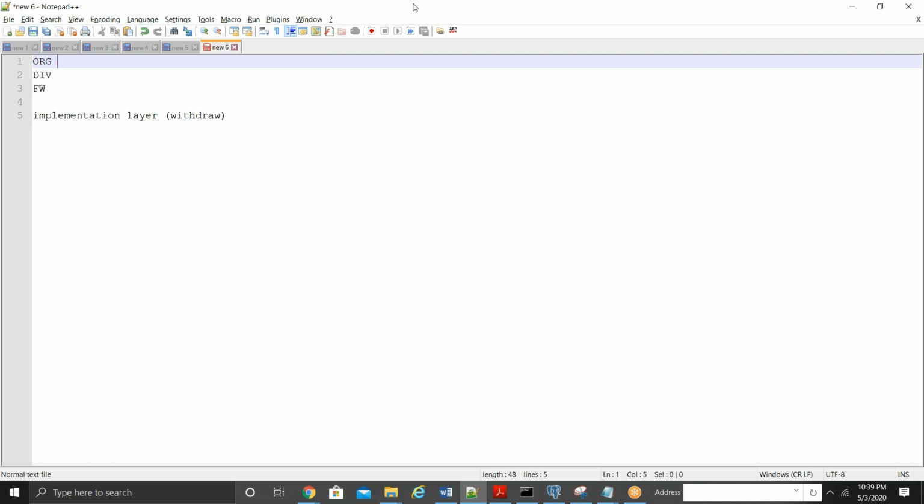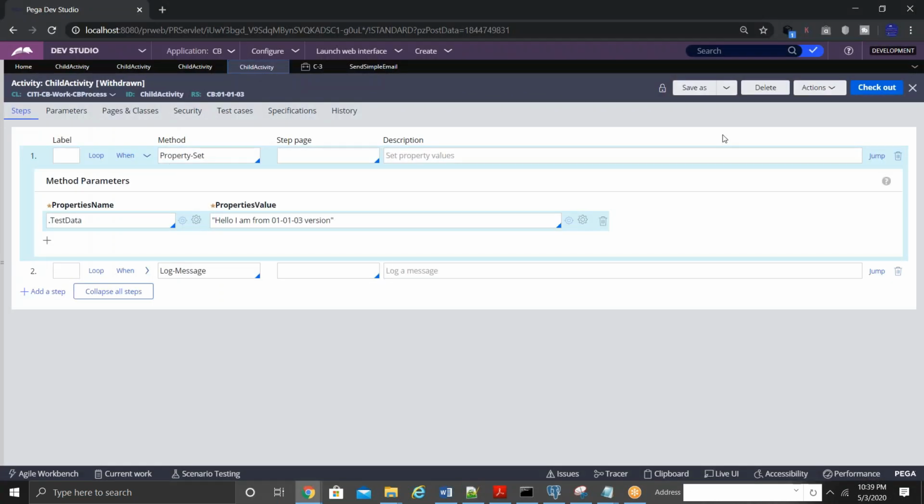Now let's see in depth how that works. Let me check it out. I marked it as withdrawn.